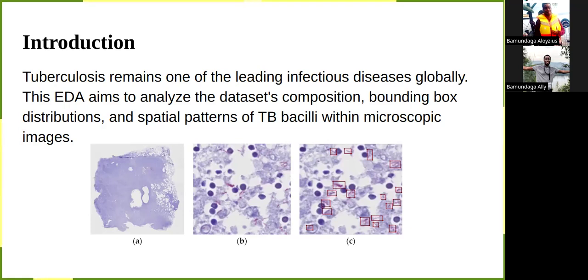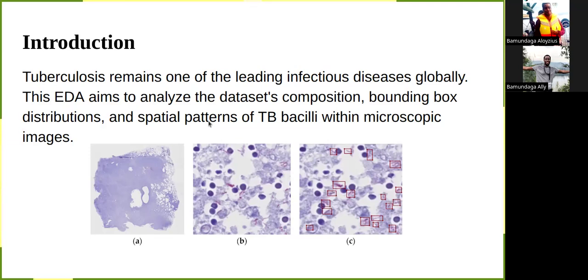But then when the immunity is suppressed, it turns into active TB, whereby the bacilli start to thrive inside the system. It can go from even just the pulmonary system into the other body parts when you have a very low immunity, let's say for HIV. So this EDA aims to analyze the dataset composition, bounding box distributions, and the spatial patterns of TB bacilli